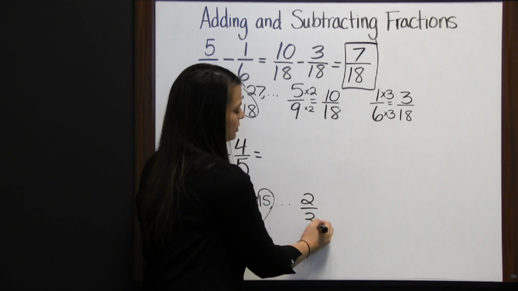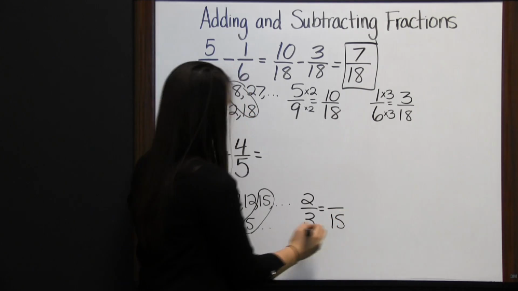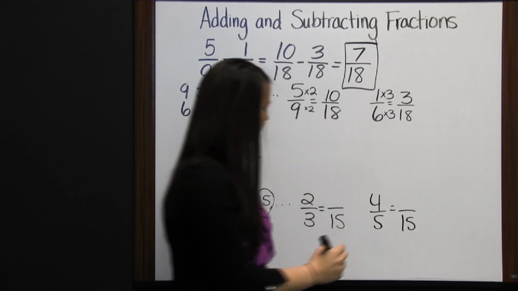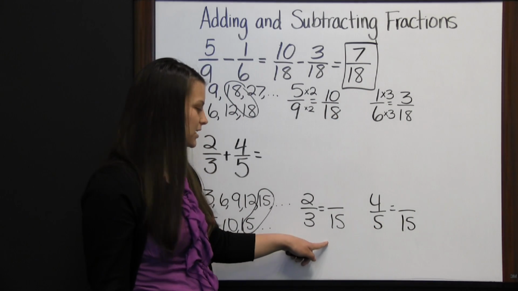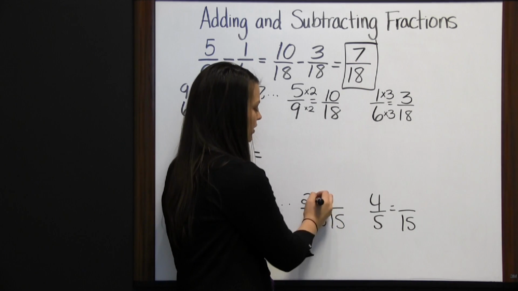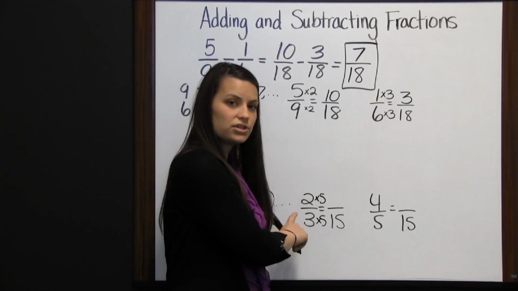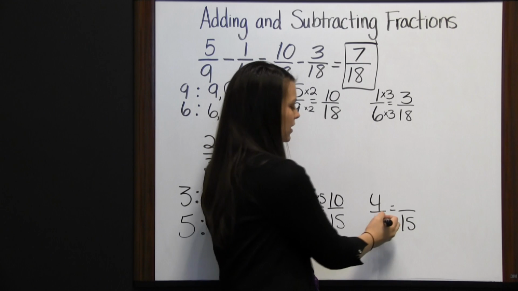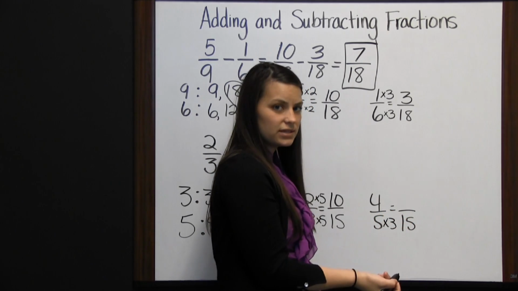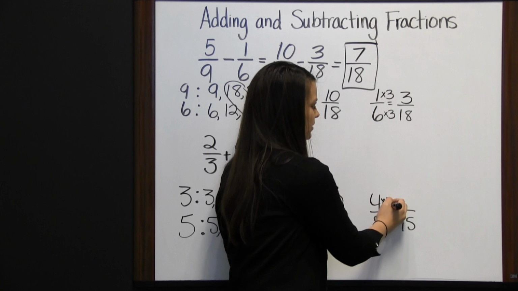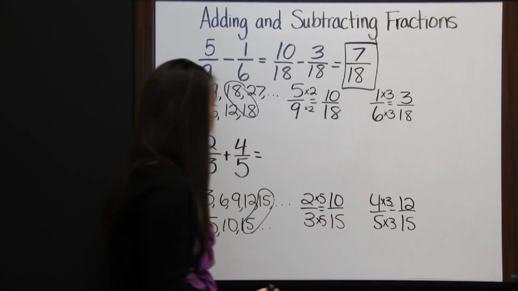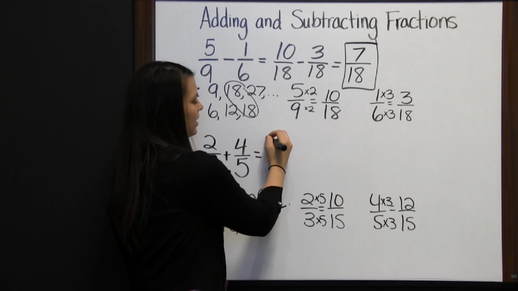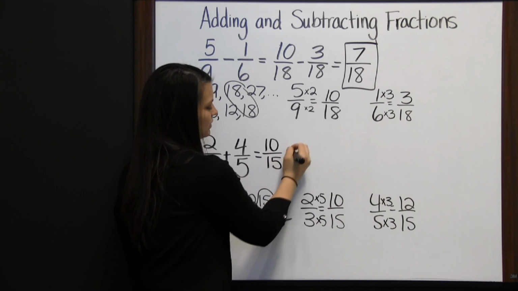2/3 equals something over 15. And 4/5 equals something over 15. So to get from 3 to 15, we have to multiply times 5. So we need to do the same to our numerator. 2 times 5 is 10. 5 to 15, we have to multiply 5 times 3. So we do the same to our numerator. 4 times 3 is 12, which means that 2/3 plus 4/5 is the same as 10/15 plus